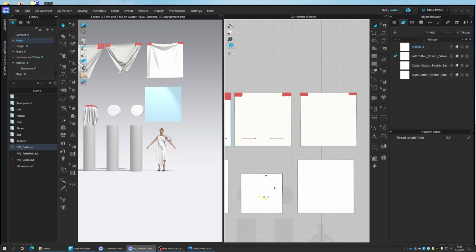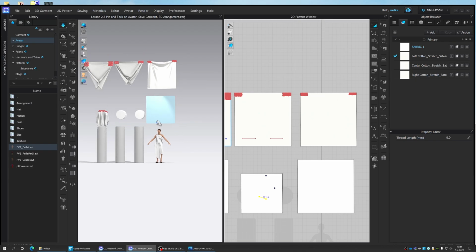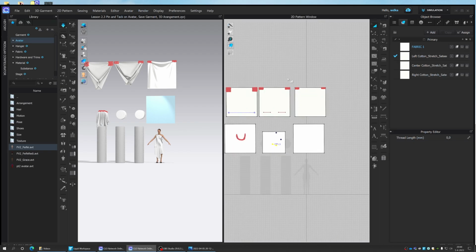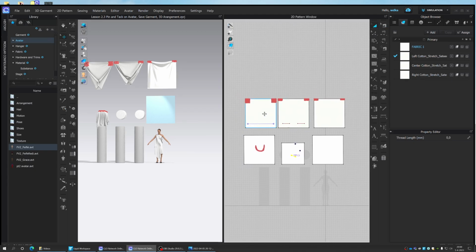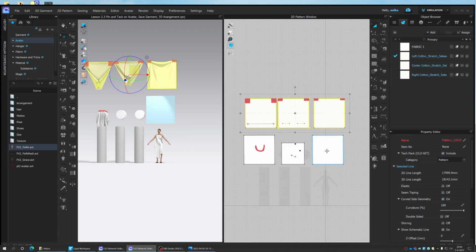So now you've seen how to tack on avatar, to tack materials together, and how to do the 3D arrangement. The last step would be that I like this garment. Right now I have all these different shapes in here. My recommendation is that when you're working with a file, do it through steps and save different stages as different versions, because in my case I could now stop my simulation, and if I would like to, I could remove all of these garments